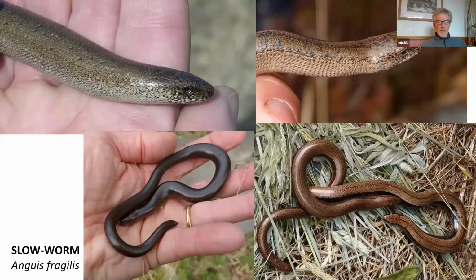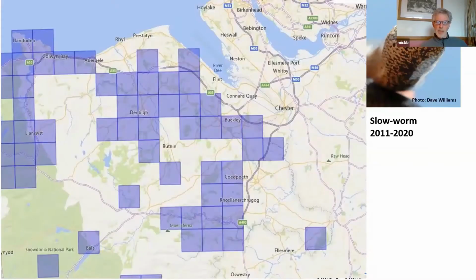The slowworm, I'm sure you know, a legless lizard, can grow up to about 50 centimetres in length, comes in a variety of shades of grey and brown, sometimes melanistic, and some old specimens can develop very nice blue spotting. And the distribution is slightly less than the common lizard. I should have said the common lizard is found in both upland and lowland areas. The slowworm is predominantly in the lowland areas, and again there are large gaps in the distribution,